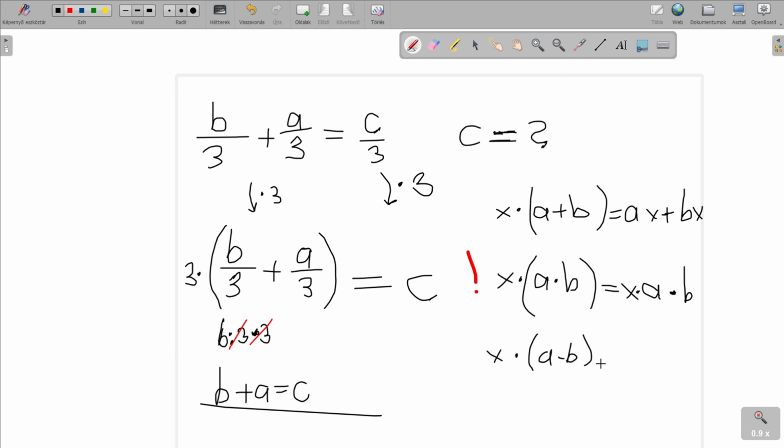So a minus b, with this one, it's going to be ax minus bx. These are multiplied by each other, so usually we don't say it, but it's a times x plus b times x, and a times x minus b times x. And of course, as we saw, if we have something like, let's say, x times a divided by b, then of course it's definitely not the same as